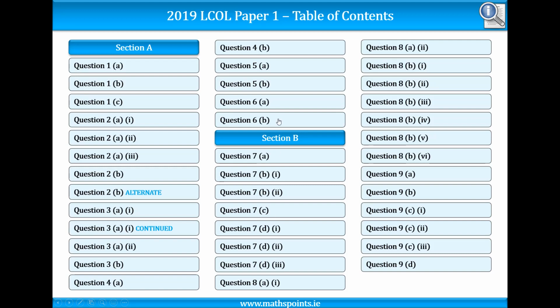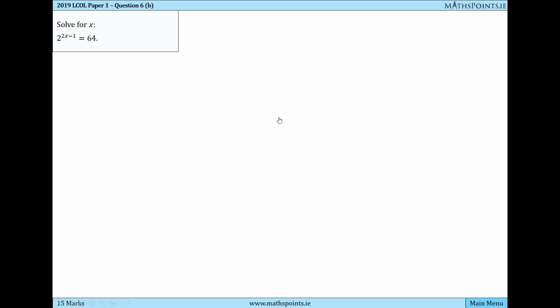So let's take a look at an indices question from the 2019 Leaving Cert Ordinary Level Paper 1. It's question 6b, and we're given an equation: 2 to the power of 2x minus 1 equals 64. Generally with this type of equation where the x is in the power, we'd like to have the same base